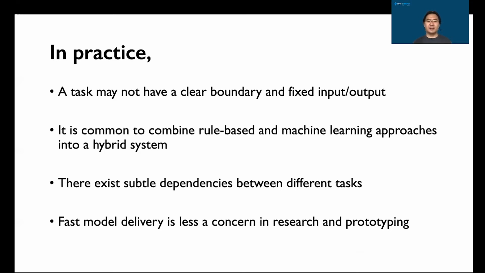So, and also a lot of times in your real system, it's not just a final machine learning model you deliver. It's often common to have a combination of rule-based models, machine learning models, and even some external dependencies, and you need to combine all these things together. In this way, you can have subtle dependencies between these. So your model will actually depend on some of your data pre-processing, and that pre-processing step may actually need to be propagated all the way to production.